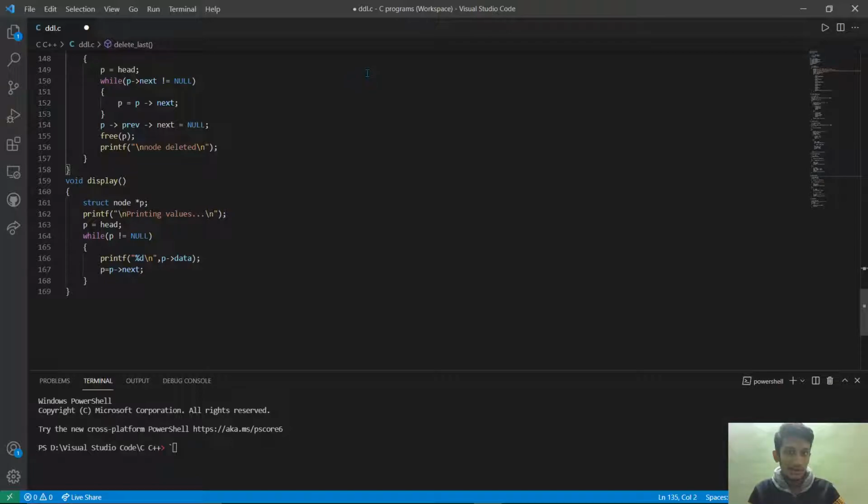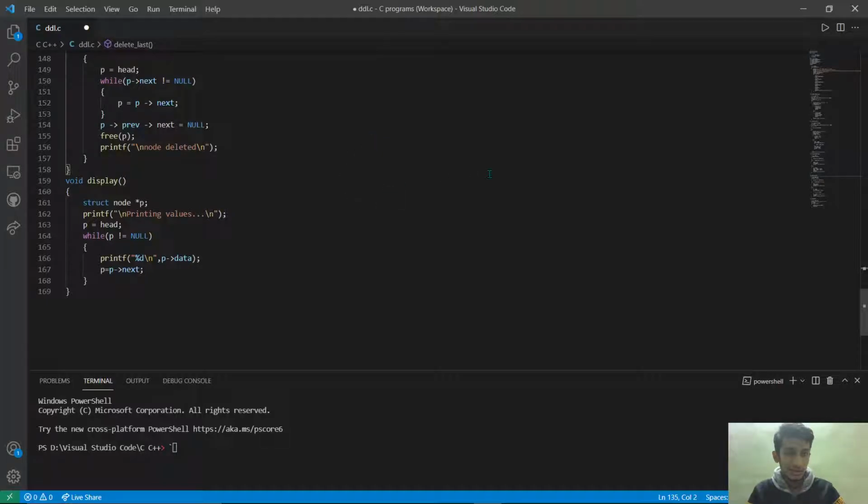We are taking that first node in a temporary variable p, and if that variable is not equal to null, if it has some data, then we are printing it. And p next is used to go from the first node to the next node.